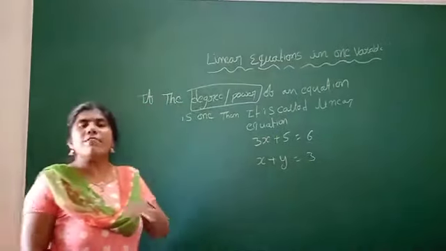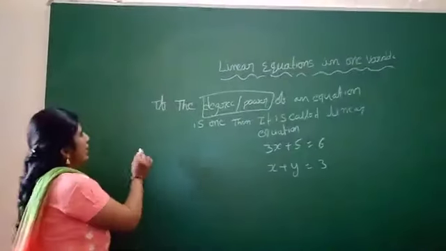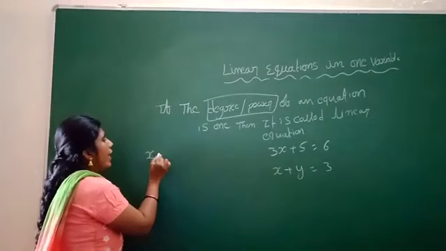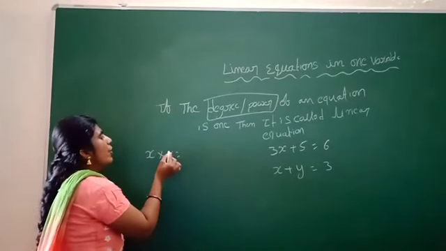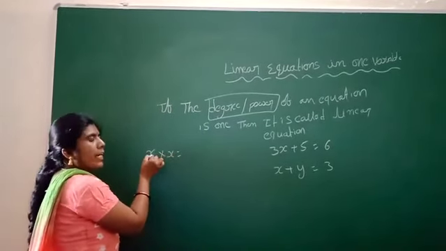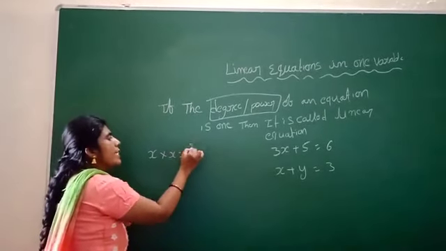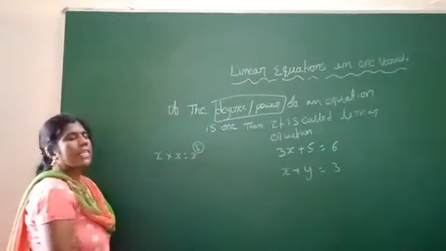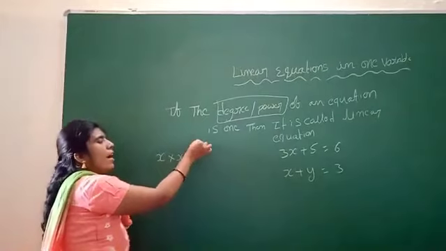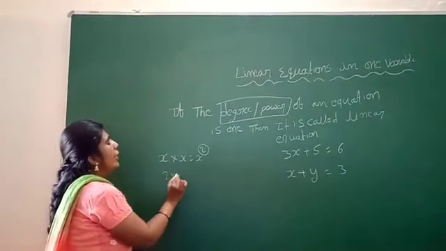We discussed this in the 7th class chapter on exponents. So, x into x, how many times is x repeated? 2 times. The 2 is the repeating of x. This 2 is the power or degree.